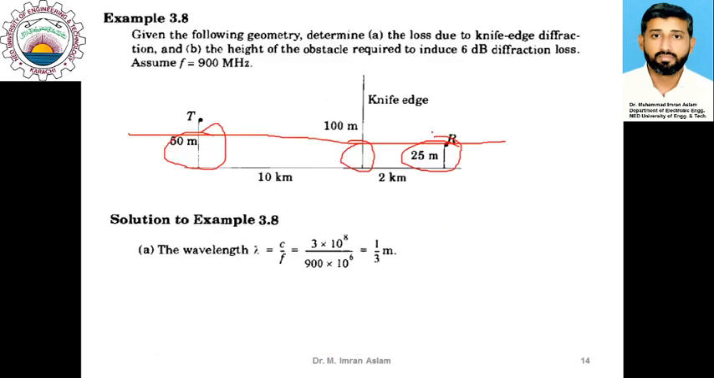Now let us move on to the second part of the problem. The second part actually requires the reverse calculation related to what we have done so far. In this case, we know how much loss there is: we are interested in having 6 dB loss. So how much height is required for the diffraction area? If you look at this figure here,